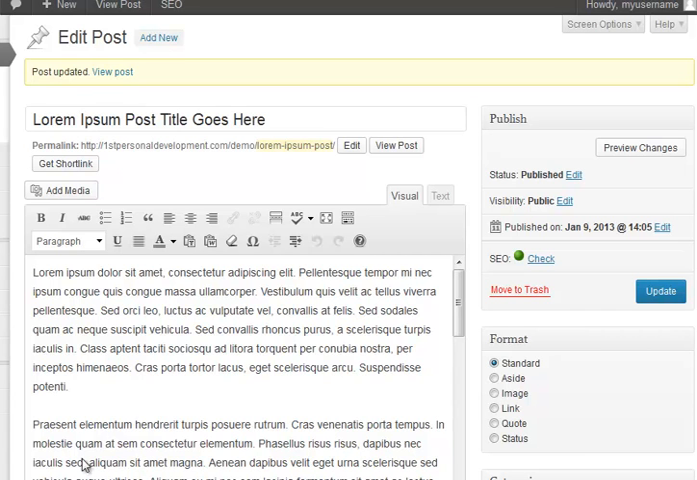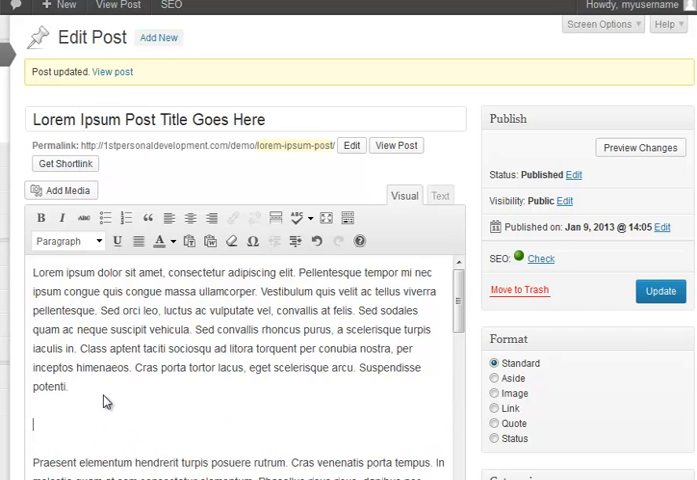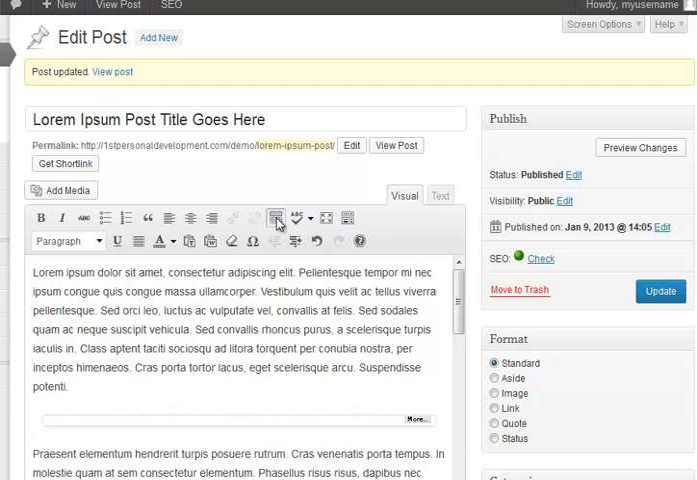Okay, a few more things we're going to do on this post. First one is add one of those things. Just hover over it, it says insert more tag. I'll show you why this matters in a minute, but basically after about the first paragraph or so, insert a more tag, because what that'll do, I'll explain it later properly,